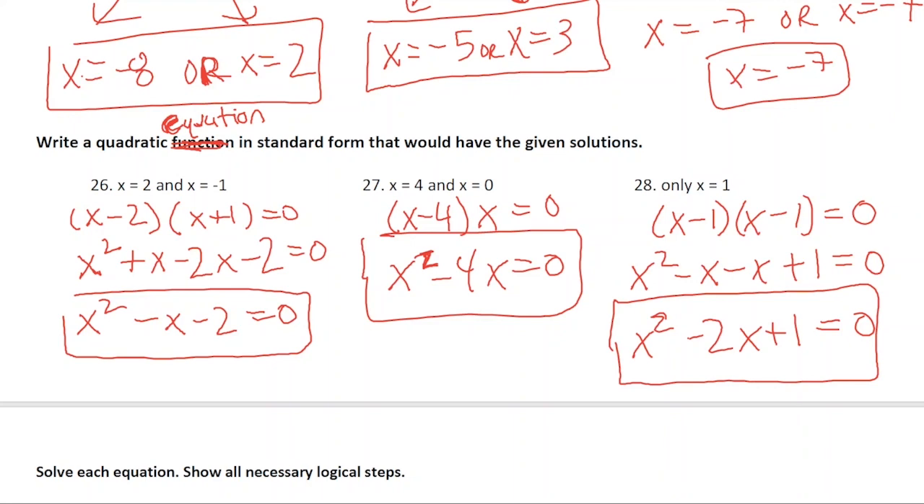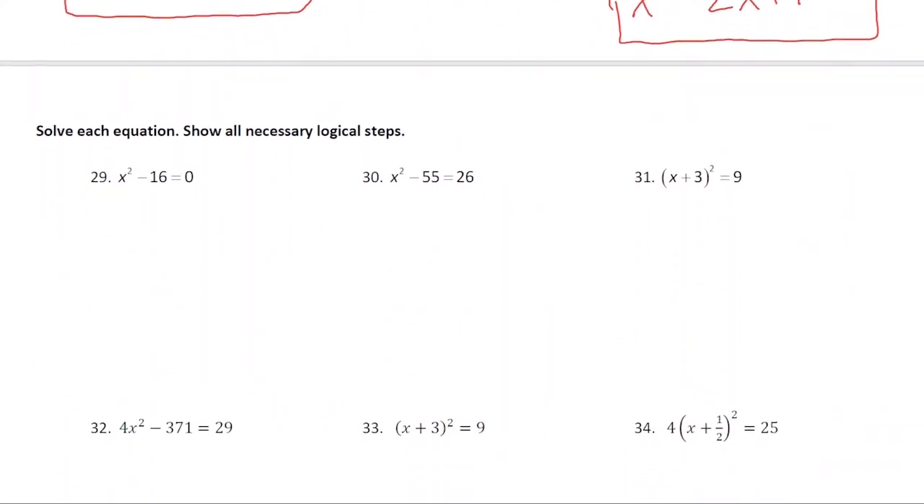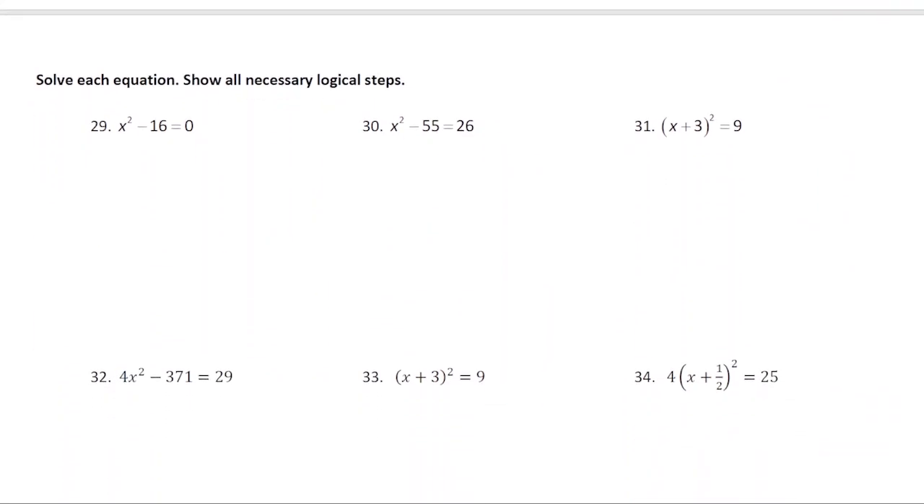That takes care of the first day. Let's take a look at the second day stuff, I think. Oh, wait, no, we're still dealing with quadratics a little bit, but we will get into how to solve these